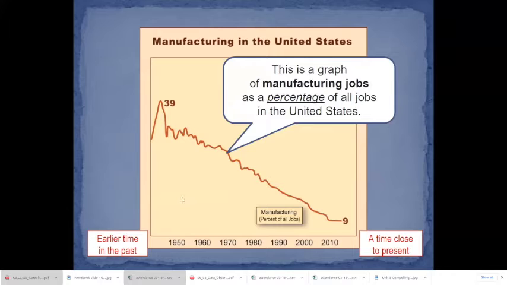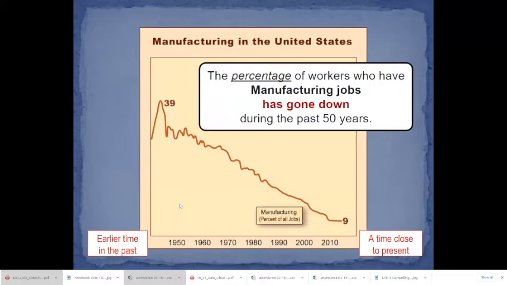And then we talk about that this is a graph talking about manufacturing goods, and it's the percentage of jobs in the US. Some students will understand that percentage word, other students won't. So you have to explain it a little bit more. But the big picture is really just getting them to understand manufactured goods, the percentage that has been done in